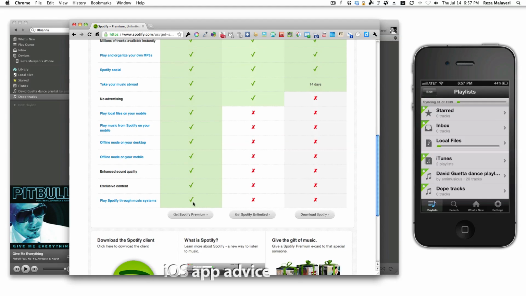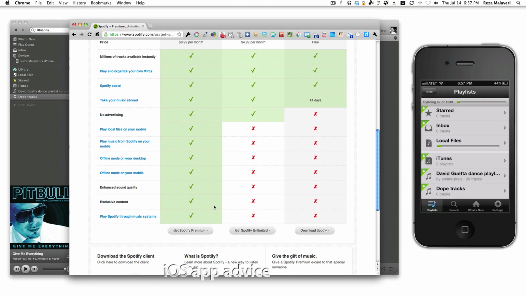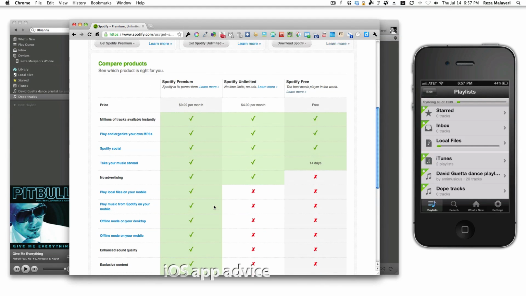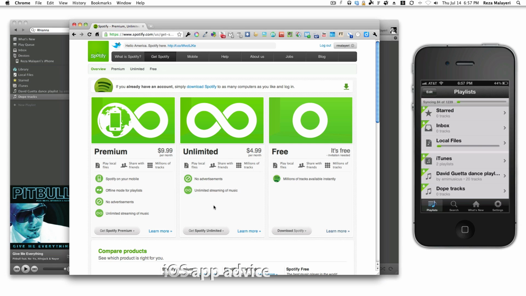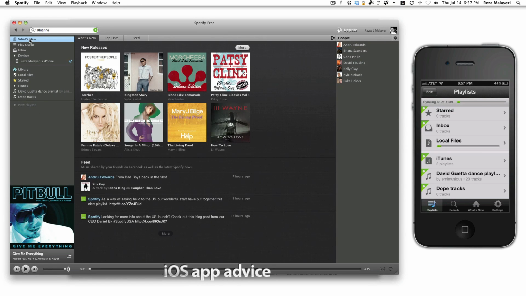Now, I'm sure I can get around a few of these since I am the jailbreak king, if you will. I know how to stream stuff out without using Spotify, but so far so good. I'm impressed, guys. I don't have any invites yet, but if I do find some, just hit me up and let me know if you want some. I will try and send you one if I can.